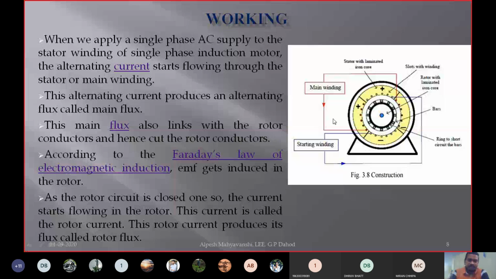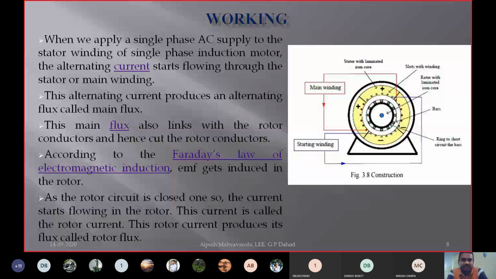Now what happens when we apply a single phase AC supply to the stator winding? Suppose this is the stator winding, and we are giving single phase AC supply to it. When single phase AC supply is given to the stator winding, alternating current starts flowing